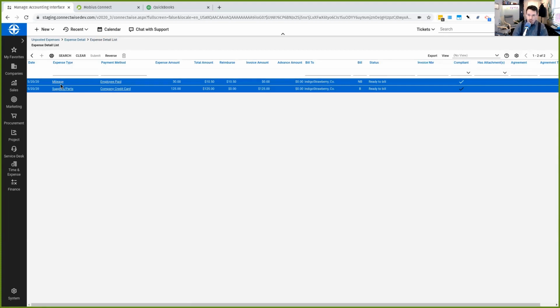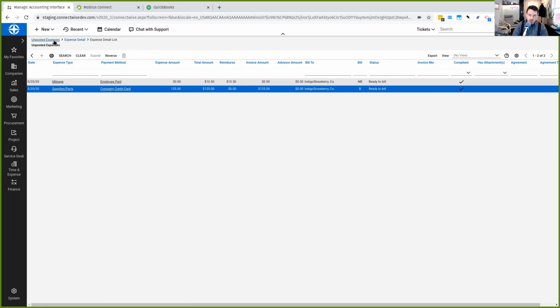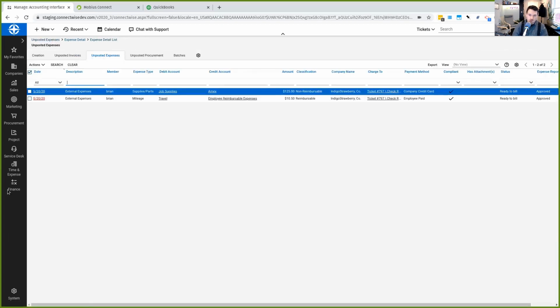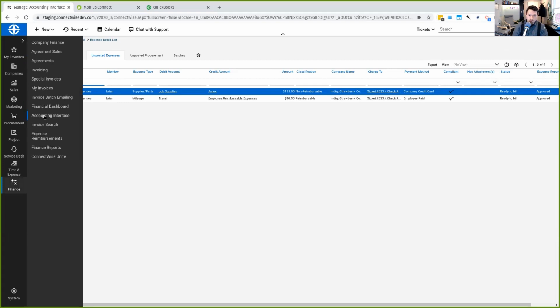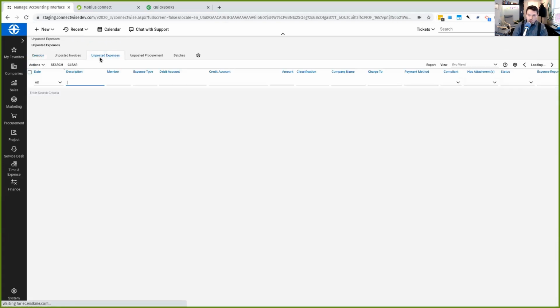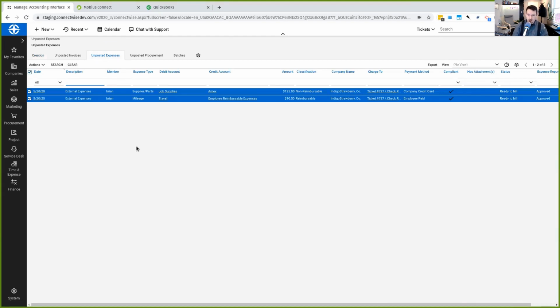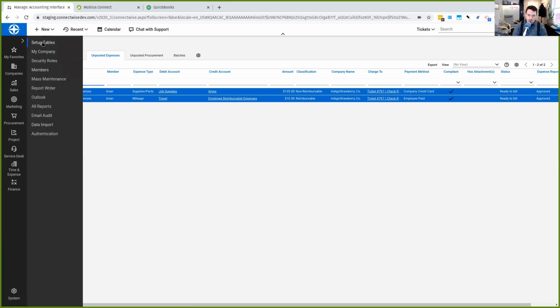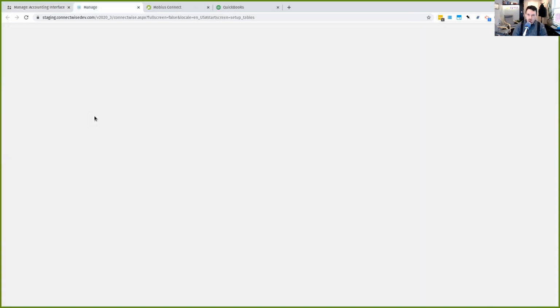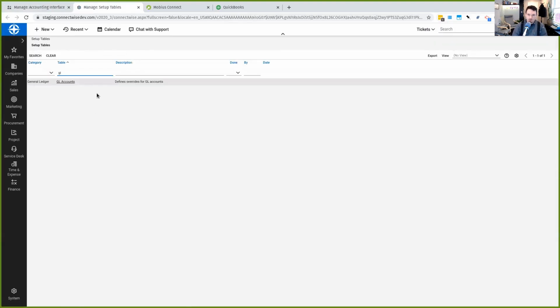Okay. So that's good. Now, if I come back to my unposted expenses screen, this is in the accounting interface, unposted expenses. On this screen, you can see the conversion from those expense entries to the items that are in the GL mapping, which is what ends up driving what we put into QuickBooks. So if I go to the setup table and go to GL mapping,